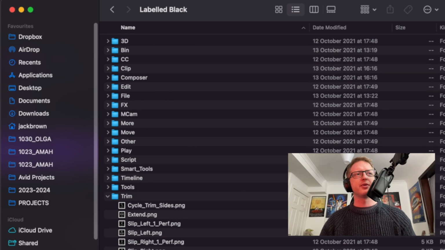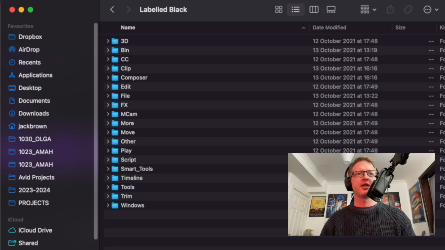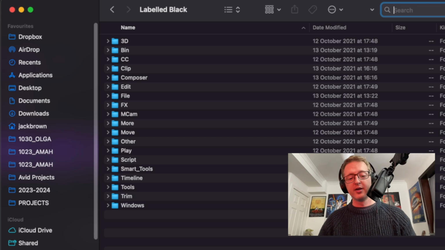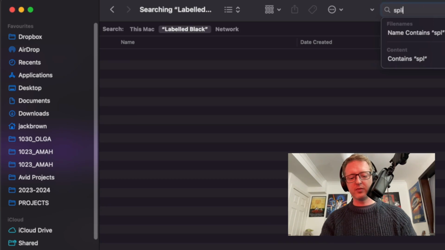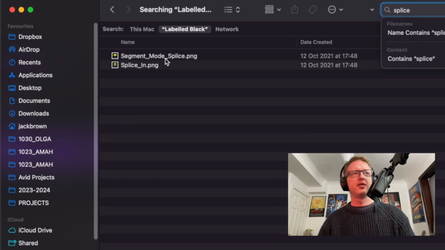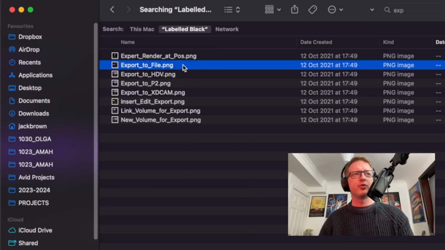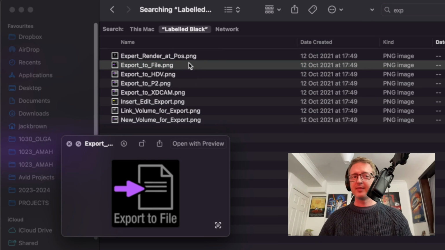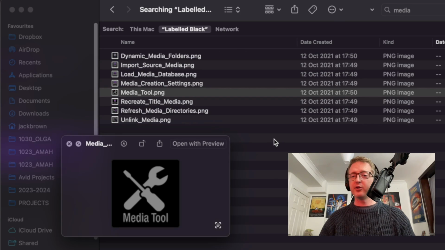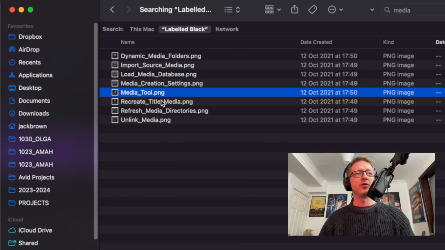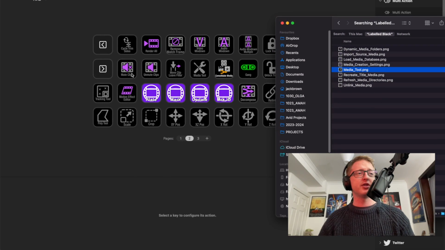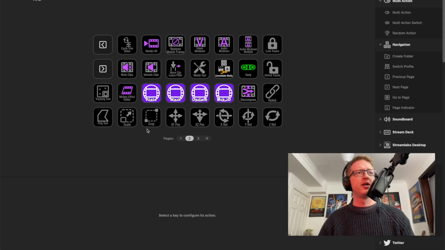So I'll just jump into labeled black, and then at any given time, just search in that folder for what I'm looking for. So if I'm looking for splice segment mode, there it is. Export to file. So there you go. Media tool, and so on. They're all named for the different function that they are within Avid, so you can quickly find them through a search in the folder. And then to change the icon of any of your buttons here,